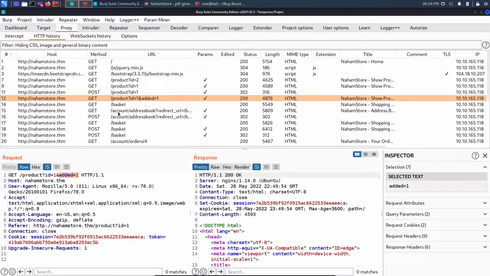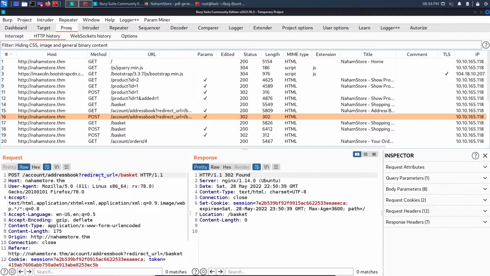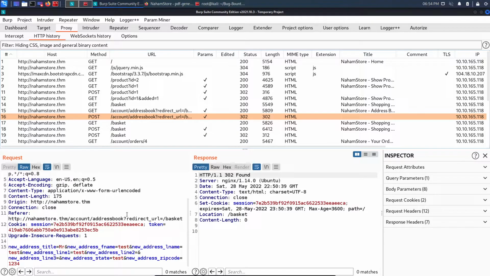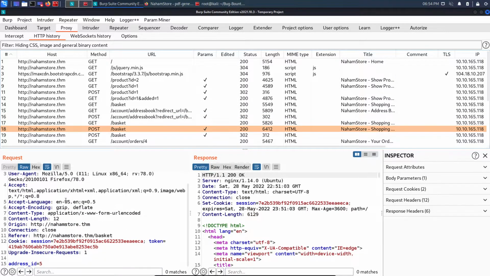So let's come back here to account, address book, and redirect URL to basket. This is having a redirect URL parameter. Again, it doesn't look interesting. Then this one, and this one was having a lot of things: new address title, new address name, first name, last name, new address, and nothing looks interesting. Then I got to the basket endpoint, a POST request to basket, and this one looks interesting